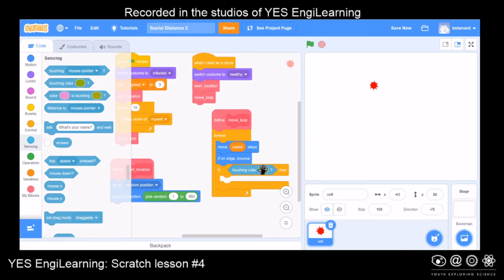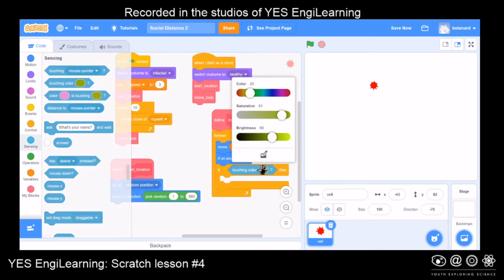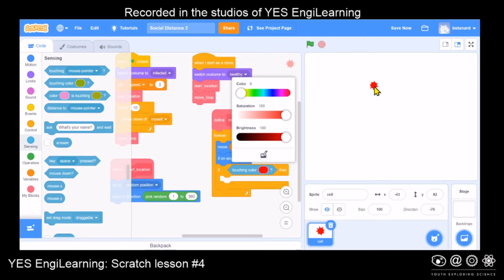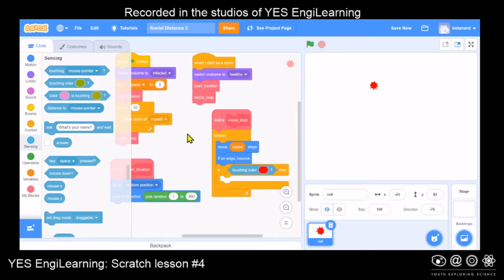So I'm going to click on this. As soon as I click on this, it gives me a color choice. And I'm going to come down and click on this little icon down here, which is to use the eyedropper to go get a color. So I'm going to click on this. I'm going to come over here, and you see, oh, look, right there, red, boing. So I just picked the correct color. That's how easy it is. So if I'm touching that red color,